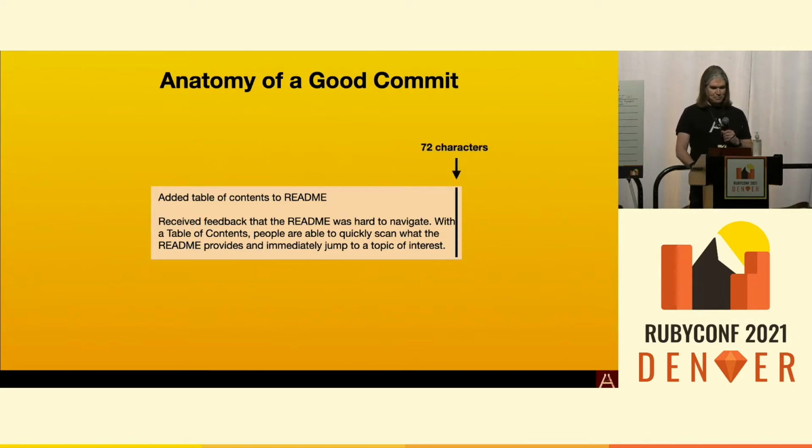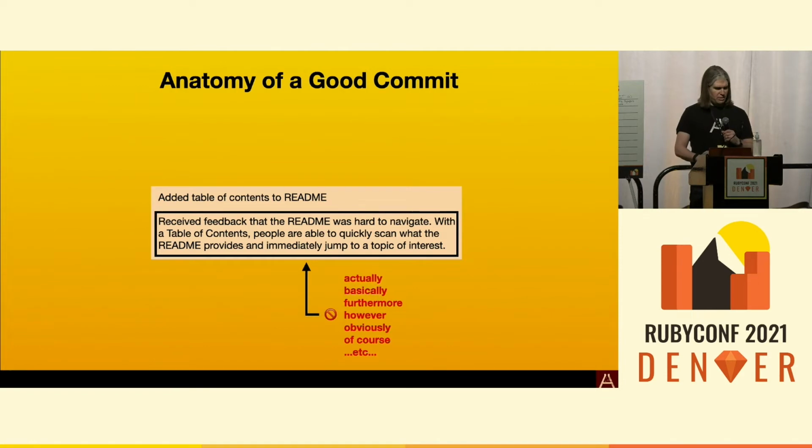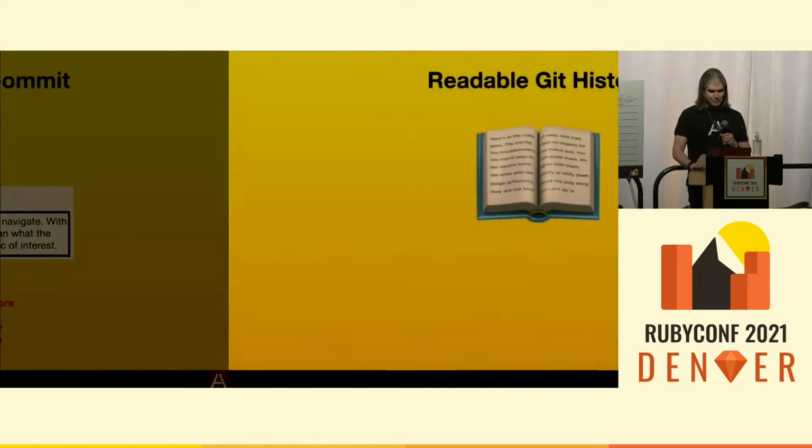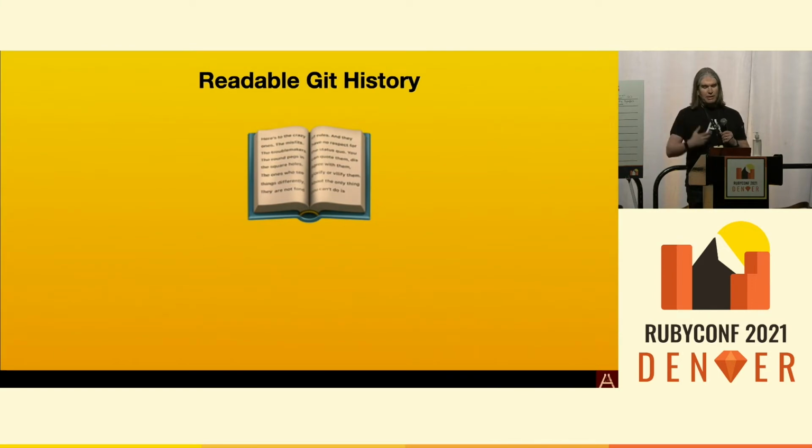And then lastly, I don't know if that came up. Oh, yeah, there it is. You want to get rid of superfluous words, right? These words don't really actually help you explain why it is that you're committing your Git commit message, so you can just remove those. It's actually something that writers are well aware of. So us as engineers, right, should try to adhere to that as well. So when you put all that together, right, you start to have a readable Git commit history.